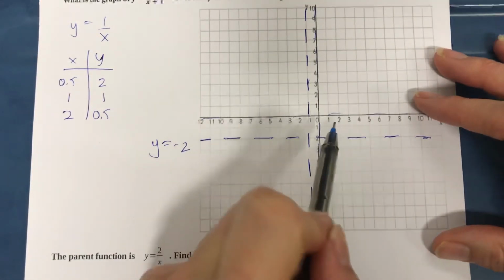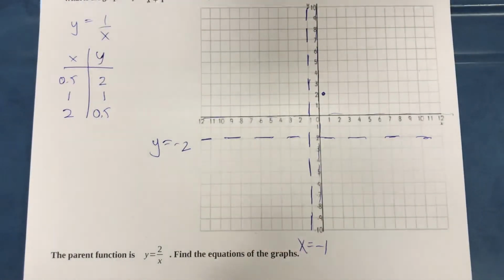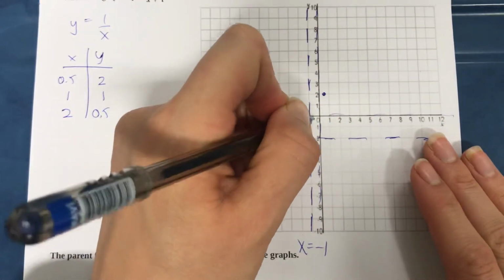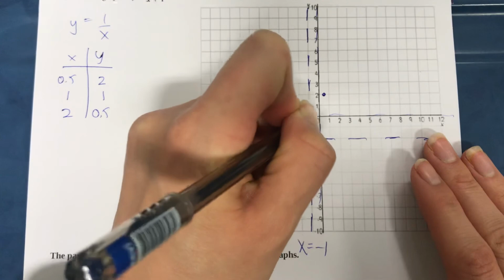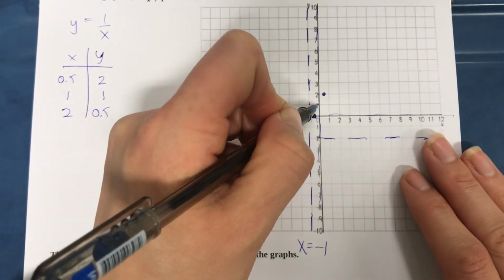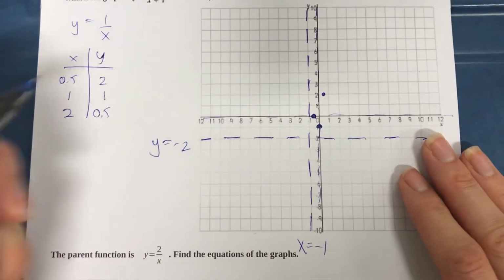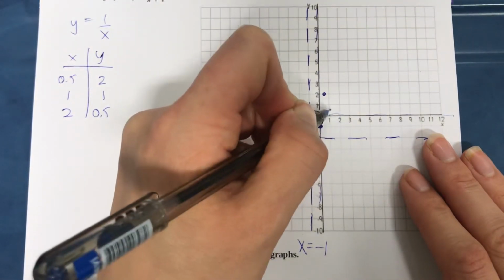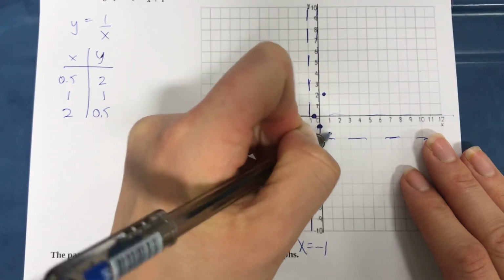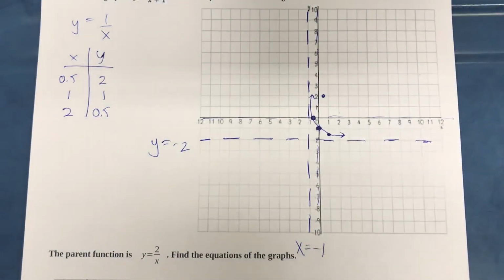Okay, so I have the point (0.5, 2), but it's been shifted left 1 and down 2. And then I have the point (1, 1), but again, left 1 and down 2. And then (2, 0.5), left 1, down 2. So here's my graph. And instead of